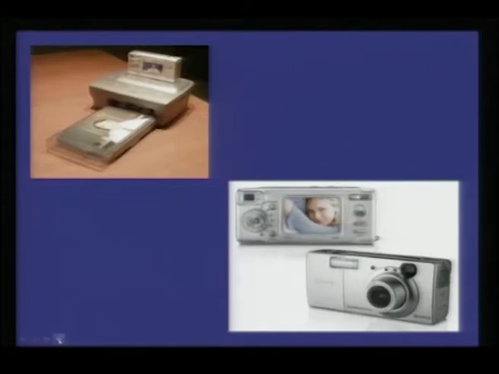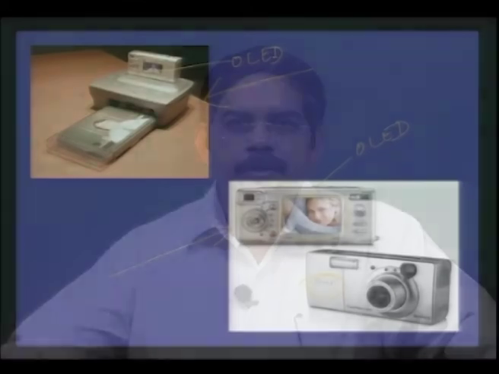And here is another classical example of what the organic displays can do. This is the new generation Kodak cameras that are coming, digital cameras, and the beauty is the display that you get here is now made of OLED display material, and you can also see here this is also an OLED material. The reason why we need OLED material is because you have the same sharpness and it consumes almost 1/10 of the power that a gallium nitride based LED will consume. Therefore, you have a longer battery life and you get better resolution, and also you can make